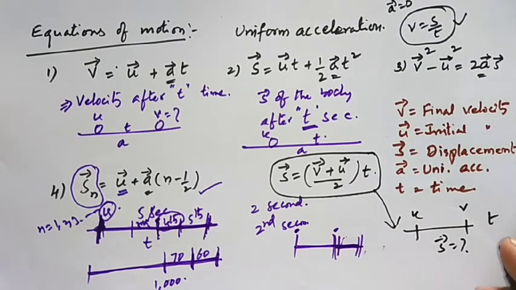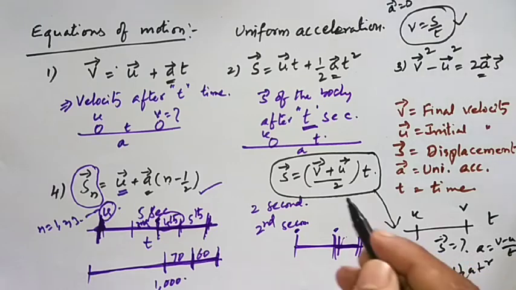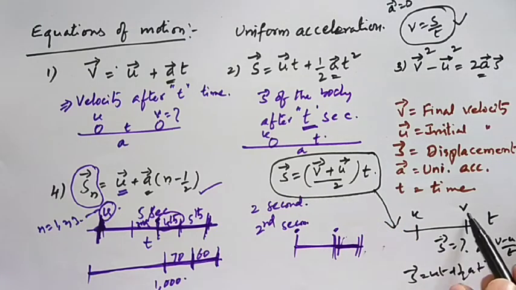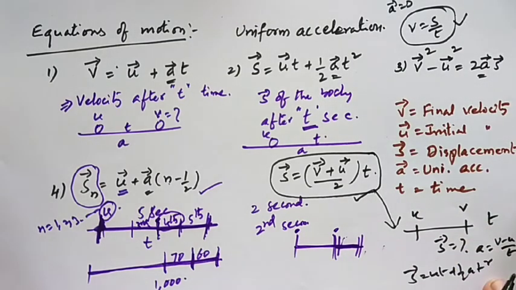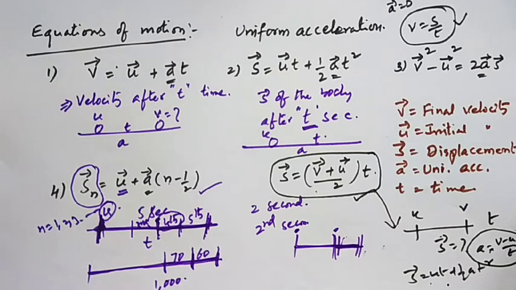Generally, what do people do? First they calculate acceleration by (v minus u) by t. Next they use s is equal to ut plus half at square to calculate displacement. No need to use these two formulas, just use this formula to calculate displacement, (v plus u) by 2 into t. Then you get displacement without acceleration. You don't need to calculate acceleration separately. Instead of two formulas, you can use a single formula when acceleration is not given and the initial and final velocities are given.